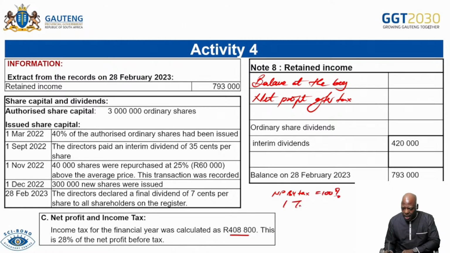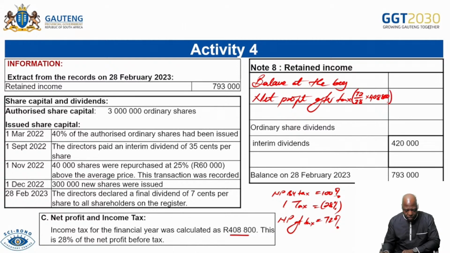Then I have my income tax, in this case 28%. Then I'm going to have my net profit after tax, which would be 100 minus 28, that's 72%. So what I want is 72, what I have is 28, and then I'm going to multiply that by my income tax,